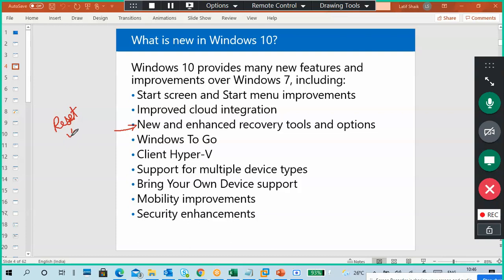You can reset your system, meaning the operating system is reloaded, and applications, settings and personal data will be removed. You have to choose whether to keep your files or remove everything. That is the reset option. Other recovery tools are also there, such as recovery from a system image.